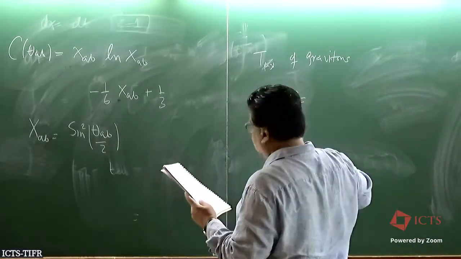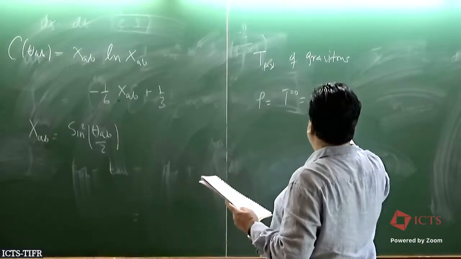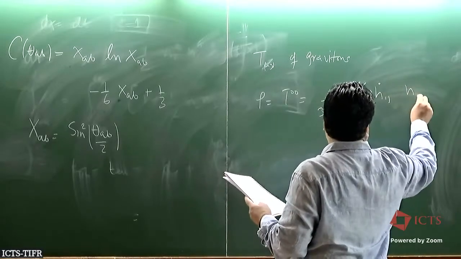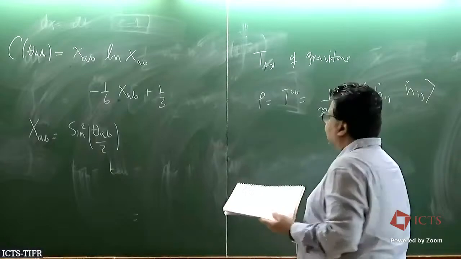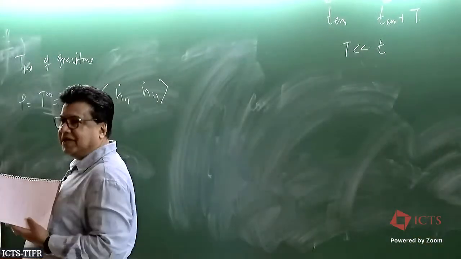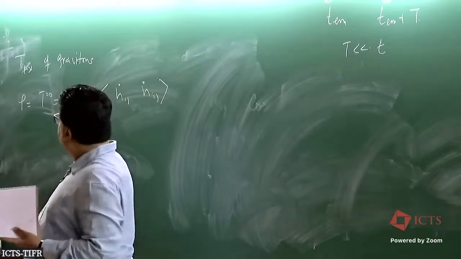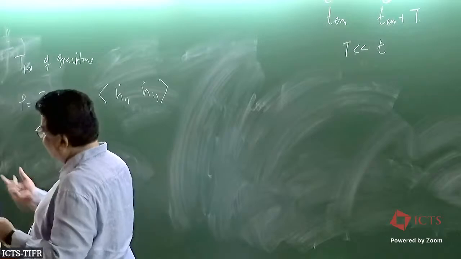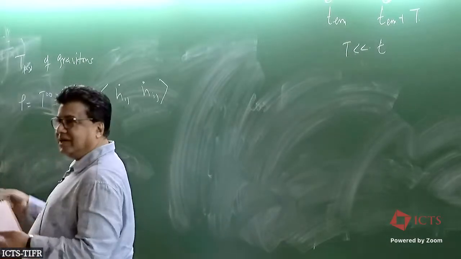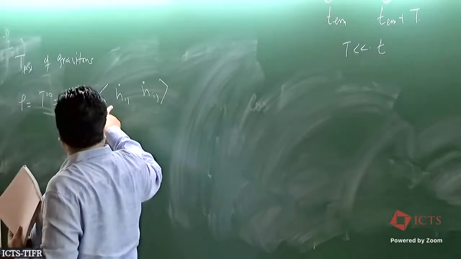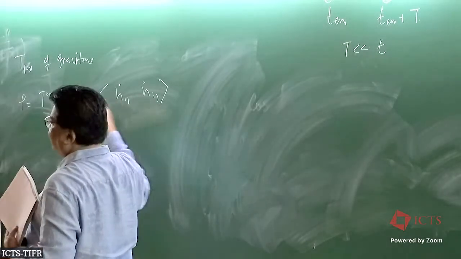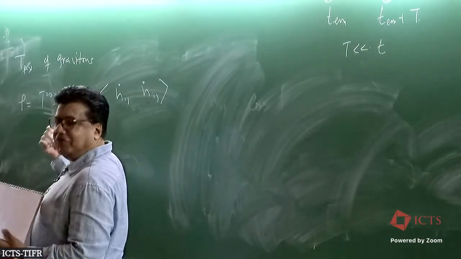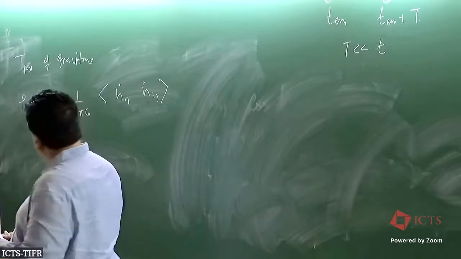T00. This has a simple form, 1 over 32 pi G times Hij dot, the time derivative of Hij. Then this Hij, if you write it in the frequency space as an integral over frequency and then use the stochastic averages, this is an integral over f, that is an integral over f prime, but when you take the stochastic average, there is a delta function of f and f prime, which will leave you just one integral over f. So all that will give you